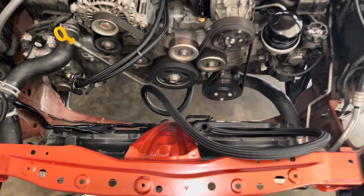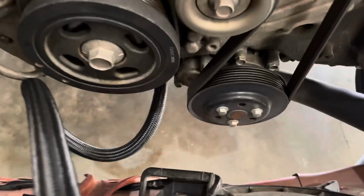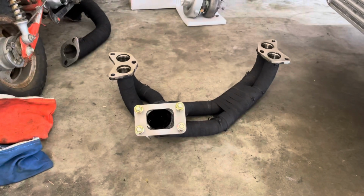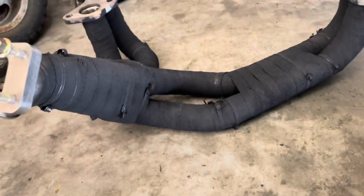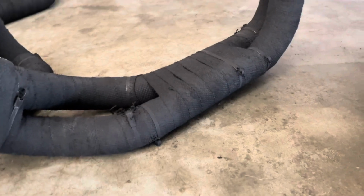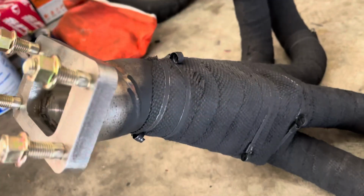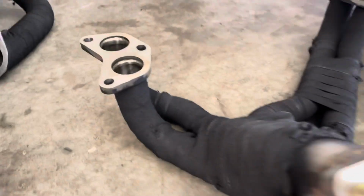All right, I got my -10 5/8 oil drain kind of mocked up on here. Before I put the manifold on, I just wanted to talk about my wrap job here, and the custom spray paint heat. Don't have it anymore because I used it all, but